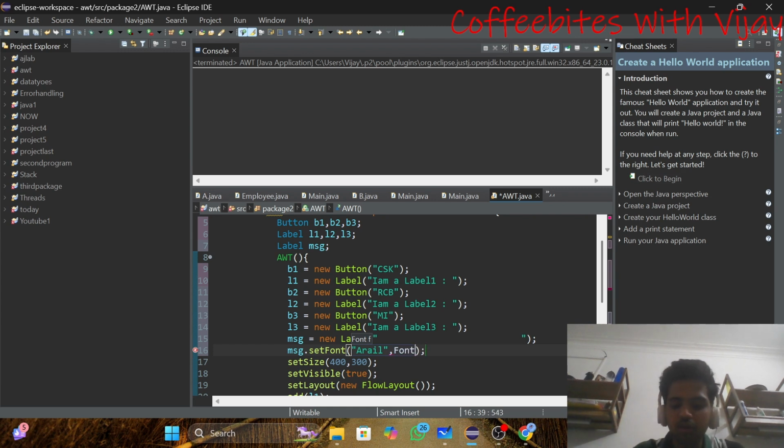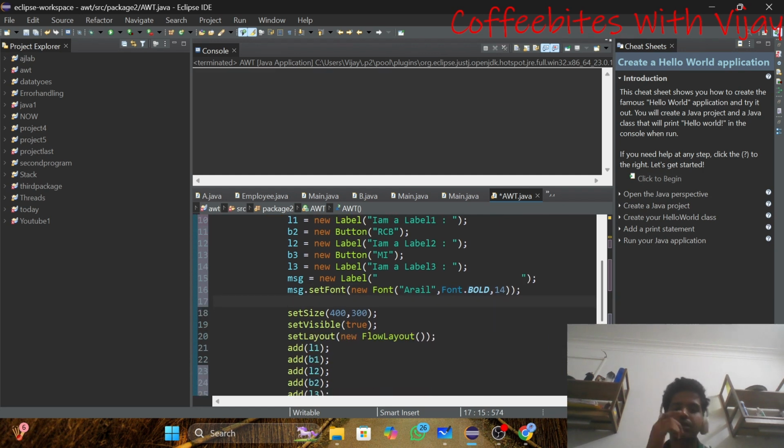For that, Font dot, I'll take it as BOLD, and I'll give the font size as 14. One more thing, guys. Here I have to add new Font because this is the method name. Now it's perfect. Yes.